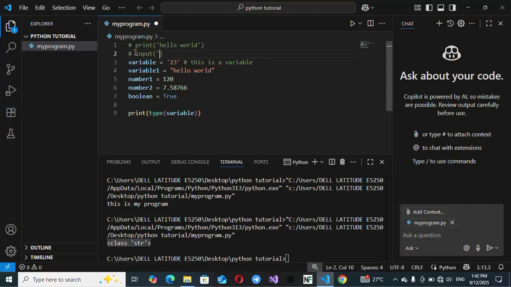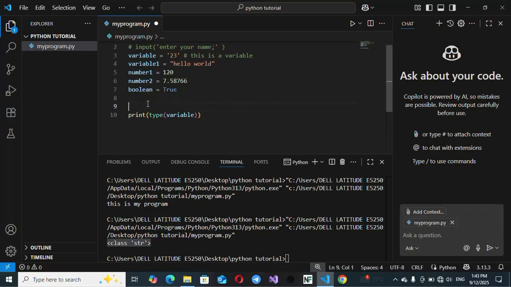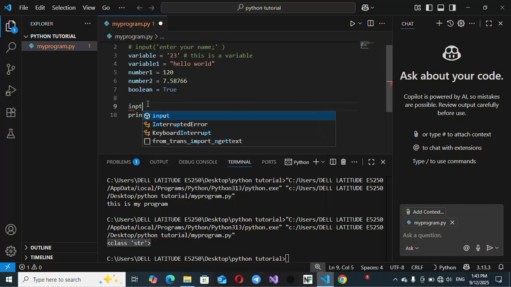Okay. So whatever you put here, let's say enter your name, this is going to be displayed to the user of the software. However, this is not the data that is going to be entered into the software. I'll explain further. So when you use the input command,